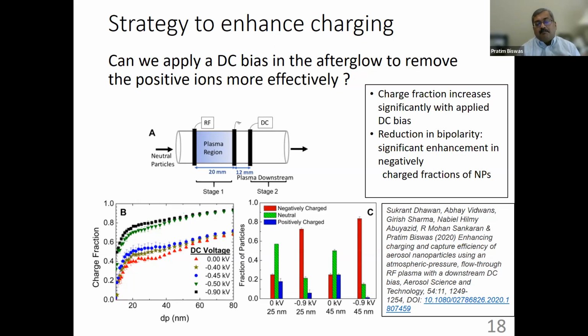On applying a 0.9 kV negative DC voltage bias, you can see that the negatively charged particles begin to dominate, the neutral particles go down, and of course the positively charged particles are also low in concentration. And this is primarily because of very effectively removing these positively charged ions, preventing them from neutralizing the negatively charged particles. And we see the same trend with a 45 nanometer particle, of course, and these are